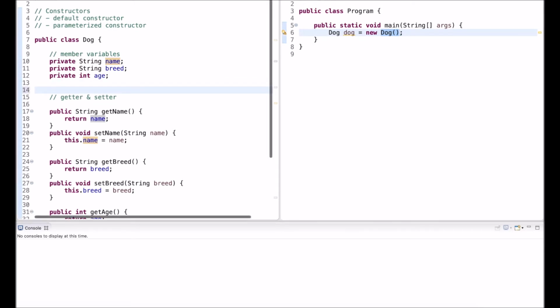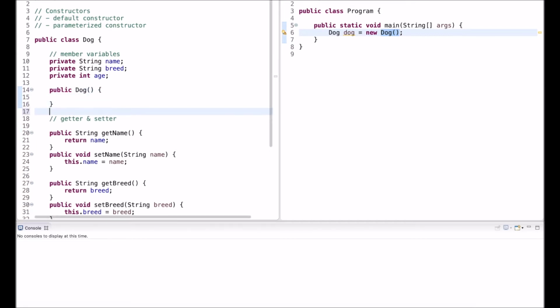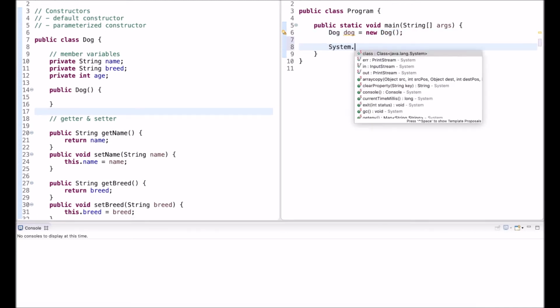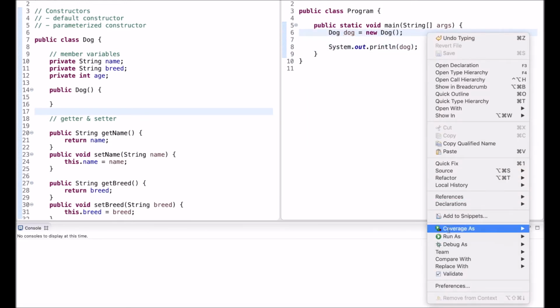I could make this explicit, so I use the public keyword so that the constructor is accessible from anywhere, and then any constructor does not have a return type, and the name of a constructor has to match the class name. So my class is Dog, so this has to be Dog. This is now the constructor. So let's output here the dog. So I use System.out.println, pass in dog, and when I run this,